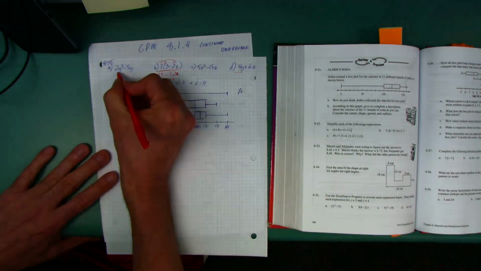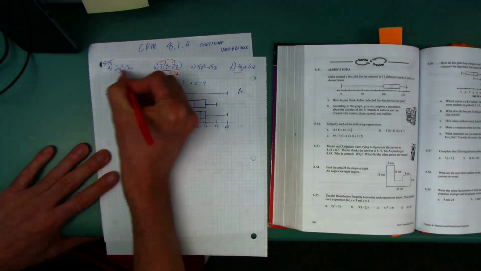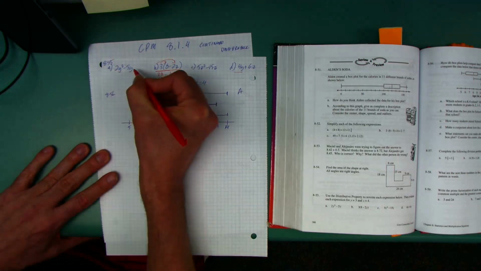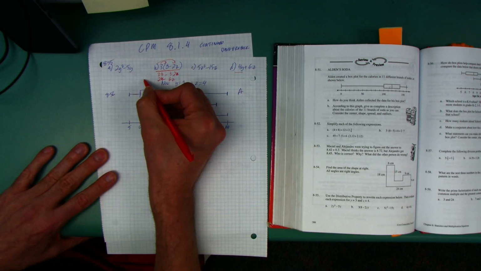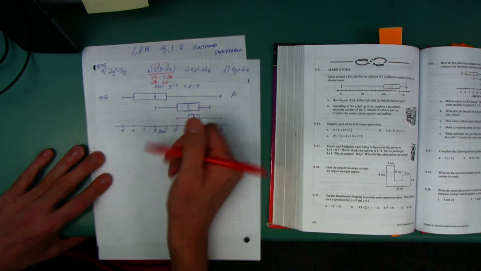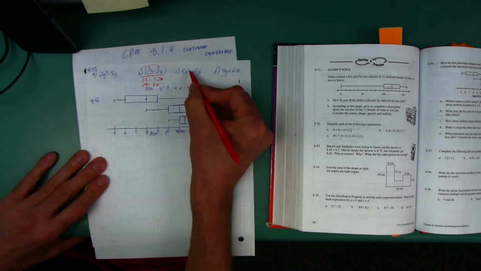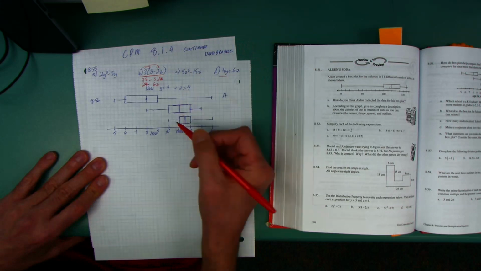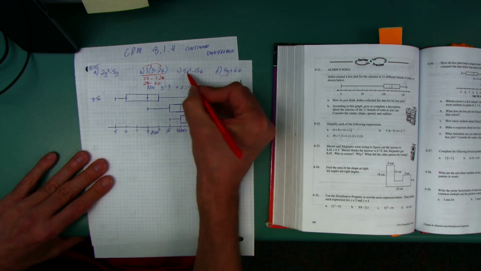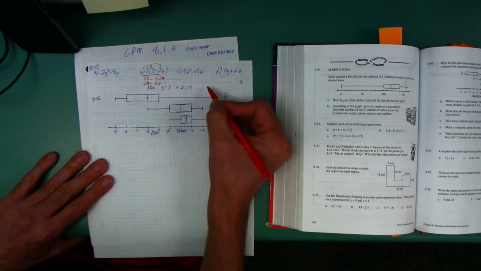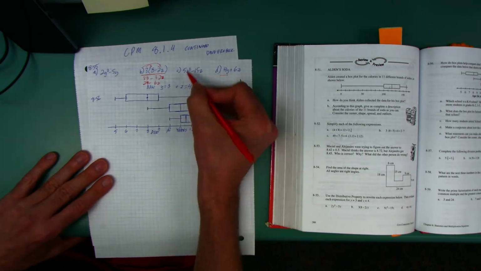You're looking for a number or something that goes into both terms. Is there something that goes into 2y squared and 5y? Yeah, y. Okay. Is there something that goes into 5z squared minus 15z? Yeah, there's actually two things in that one. Okay, there's a 5, because 5 goes into 5 and 15, and a z, because z goes into z squared